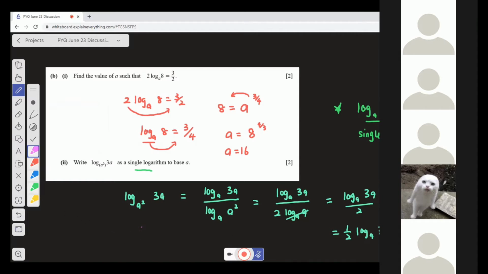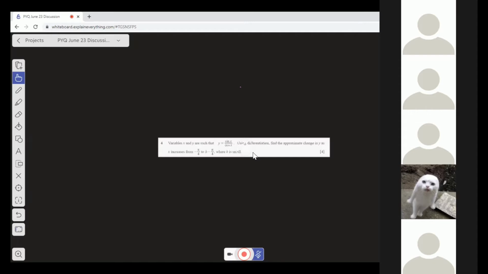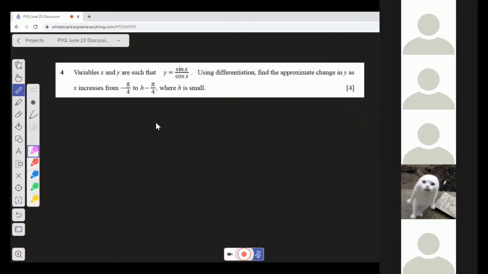All right, so is it 4? Yeah, question number 4. So in this case, variables x and y are such that y equals sine x over cos x. Using differentiation, find the approximate change in y. When we are asked to find the approximate change in y,